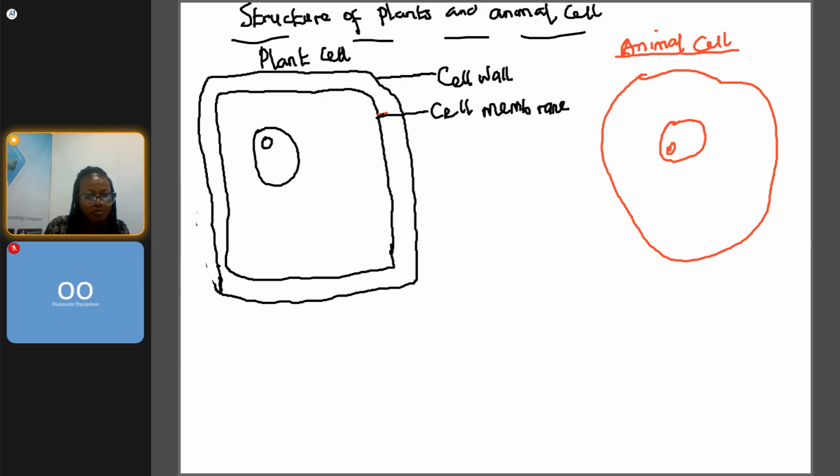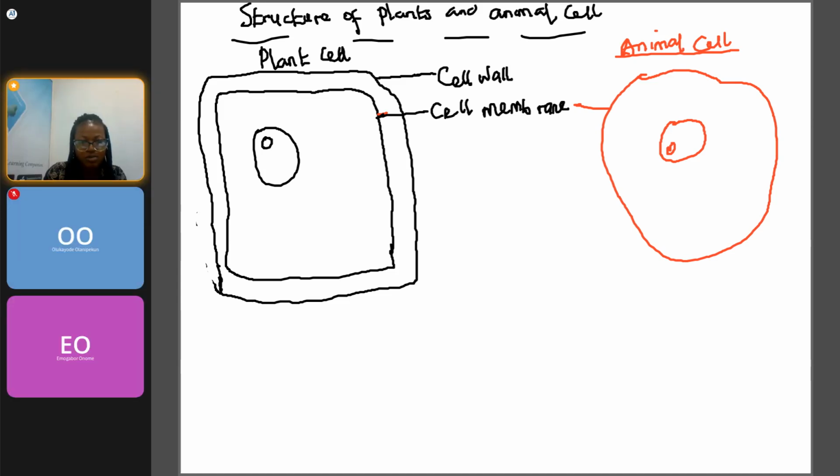Is the cell membrane. And this in animal cell is also known as the cell membrane. I believe you understand. This is the cell membrane of the animal cell, and this is the cell membrane of the plant cell. Okay, so we move on to what is inside,